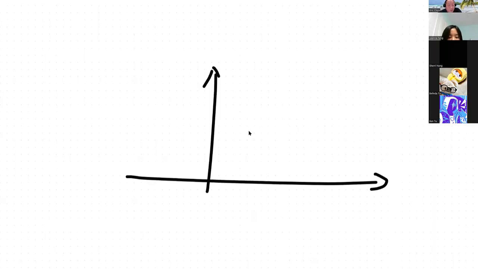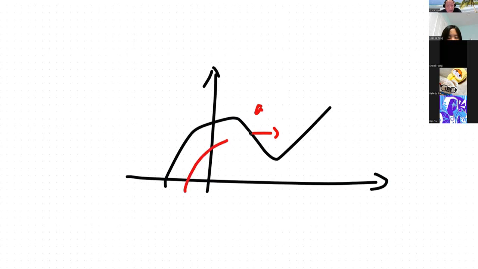So can we move this one to the right by a? So what would be this function, if the black one is called f of x,